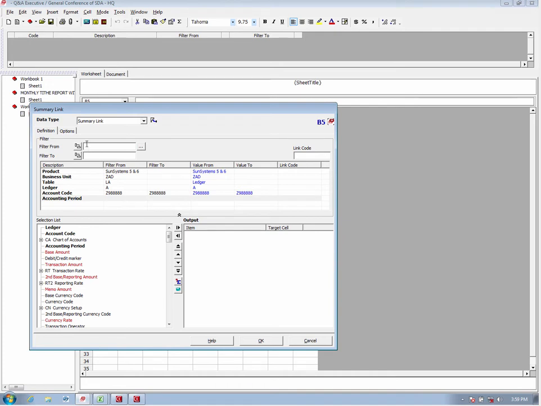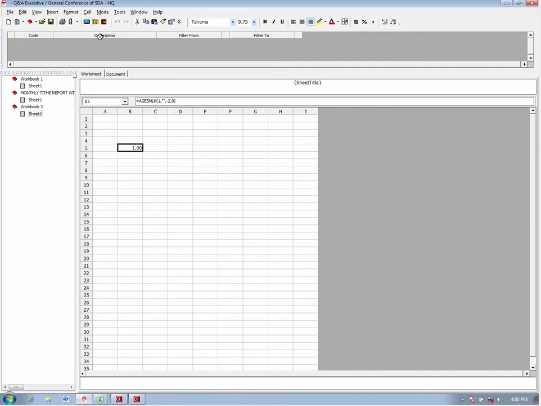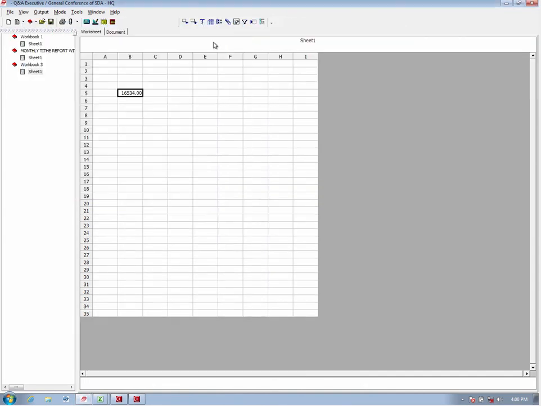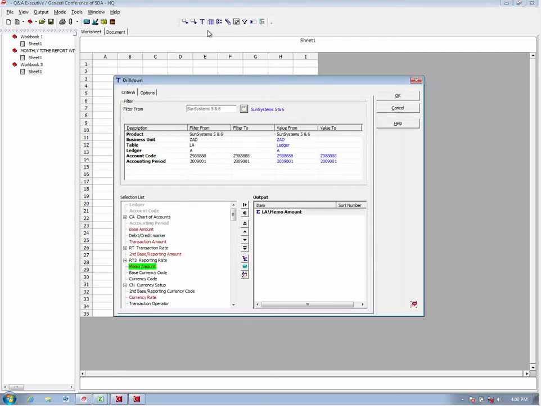Accounting period, and this is 2009-001, where we just imported all that data for. Okay, and now we want the memo amount over here, and we go OK, and we extract it, and this will be my total membership right here. That's the total of what we imported, and then we could expand it, just to show you the data is in there, by org ID,